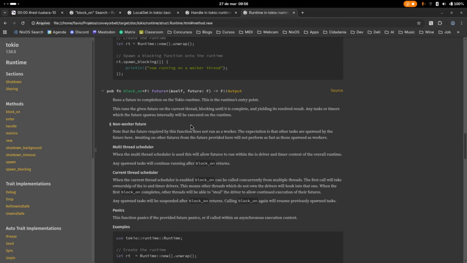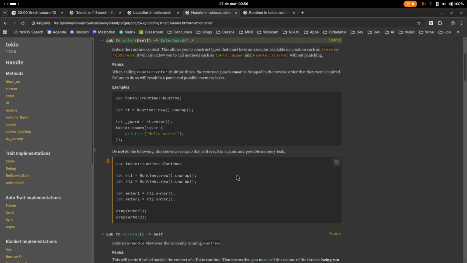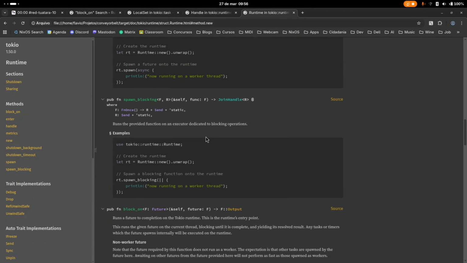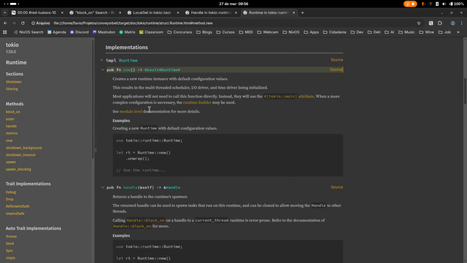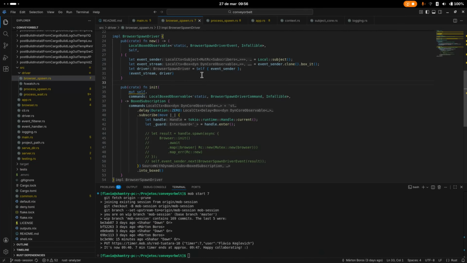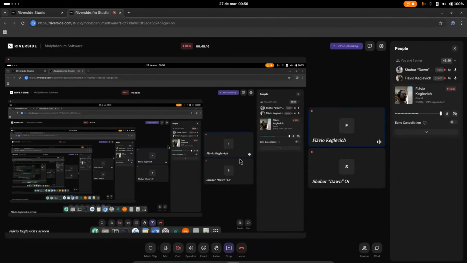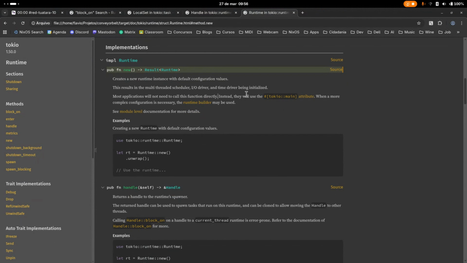I think multiple runtimes can be used at the same time. Yes, I think so. I think we can. We can create multiple runtimes, or we can also avoid using the Tokio main attribute, removing the macro and instantiating our own runtime and passing it around, but